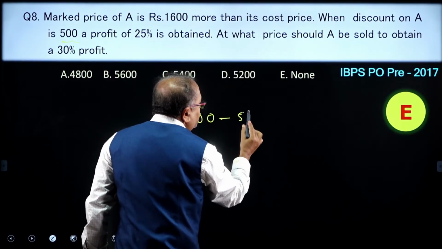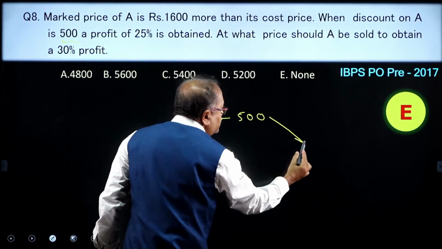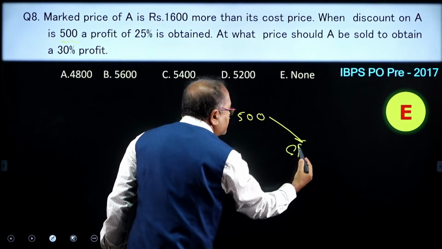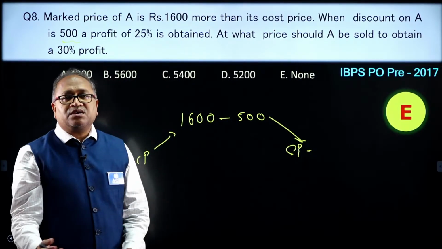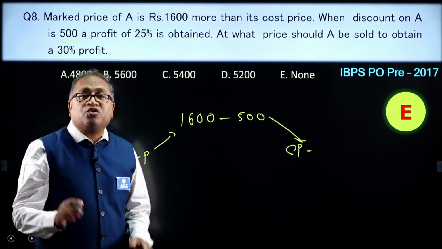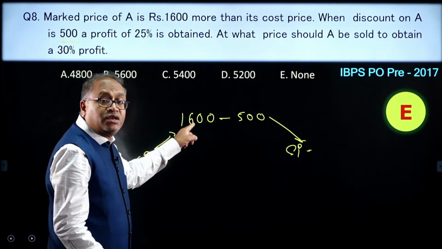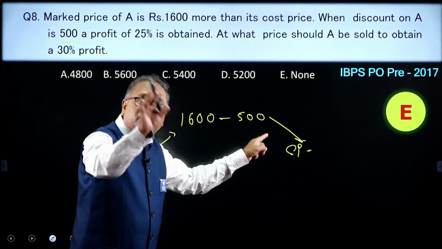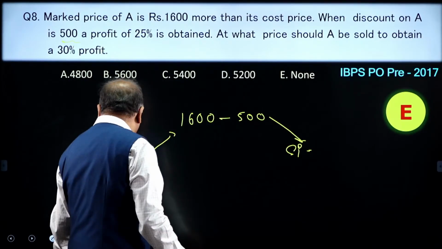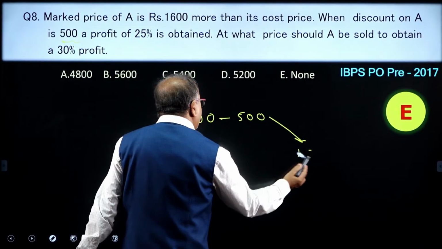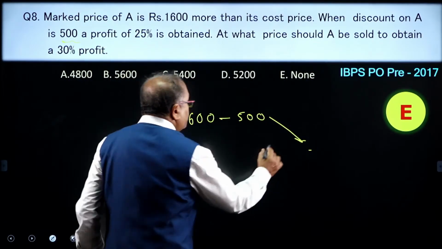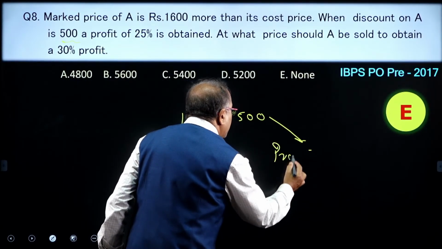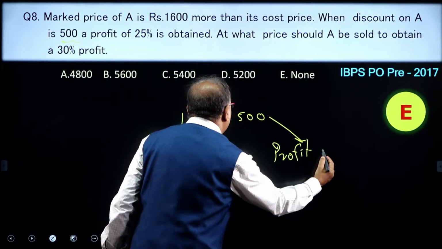So, if you reduce the 500, what is your profit? Because you increased by 1600 and again you reduce that by 500, that means what is your profit my dear friends? Profit. So, the trader's profit will be 1100,